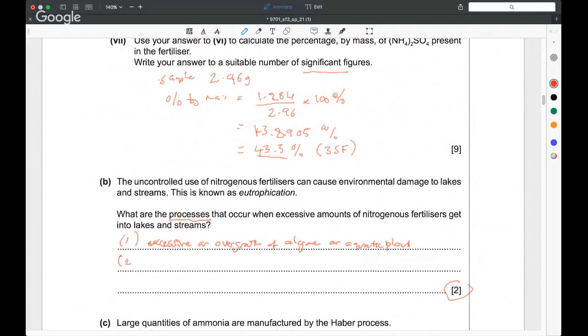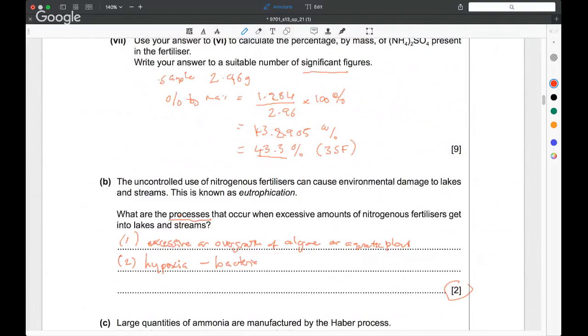And the second point is that when this huge amount of excessive overgrowth of algae or plants, when these organisms die, then the bacteria that consume the dead algae or the dead plants, they're working so fast, or they're growing so much, the bacteria that are consuming these dead plant materials, they use up all the oxygen that's dissolved in the water. And so you get an effect, you call it hypoxia, that all the oxygen that would normally be dissolved in the water has been consumed by the bacteria, which themselves are consuming the dead algae or the dead plants. So hypoxia,